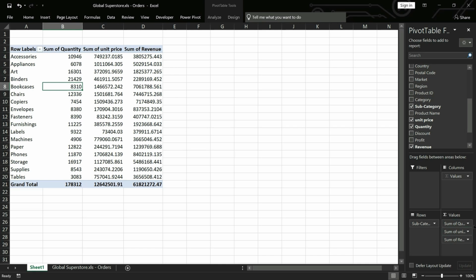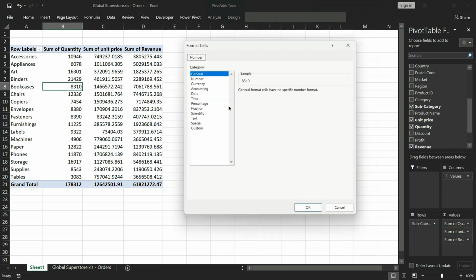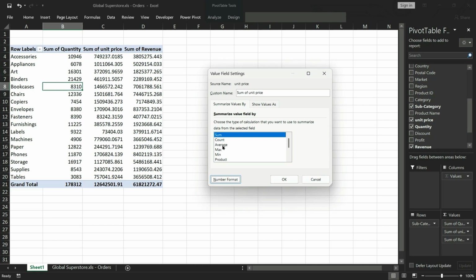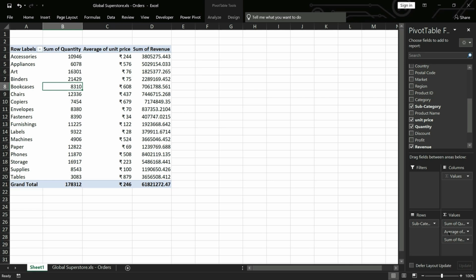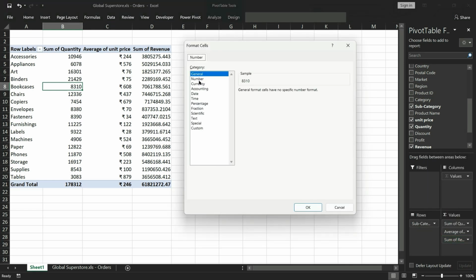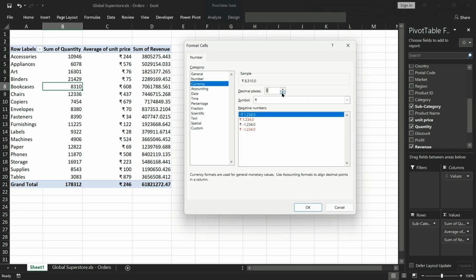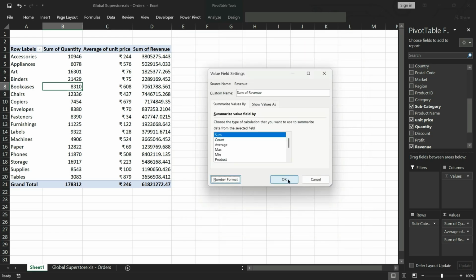We'll come to the value field setting and then we will go to currency. And how do we want to summarize the unit price? Let's take average. In the sum of revenue, just currency. Okay. Now see,